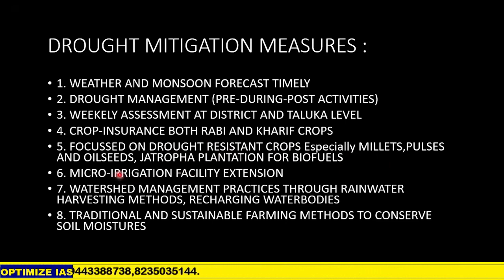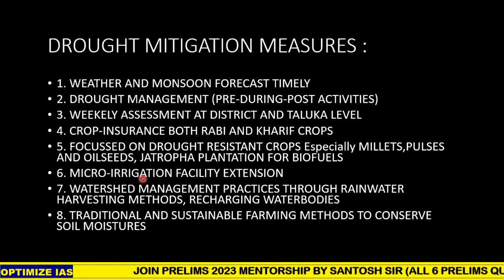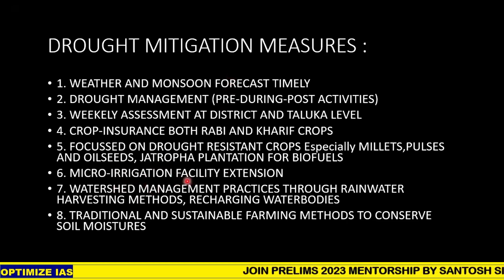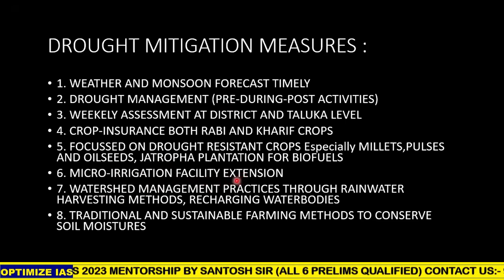Another method is extension of irrigation facilities into rain-fed areas by using micro irrigation. Already under the Pradhan Mantri Krishi Sinchai Yojana, 5,000 crore rupees is invested by the central government for a 5 year period for extension of micro irrigation. So what is micro irrigation? Sprinkler irrigation, and what is the other irrigation? Drip irrigation. That has to be extended in rain-fed areas. So the cost will be less and the usage of water will be what? Less. Save the water and extend it.